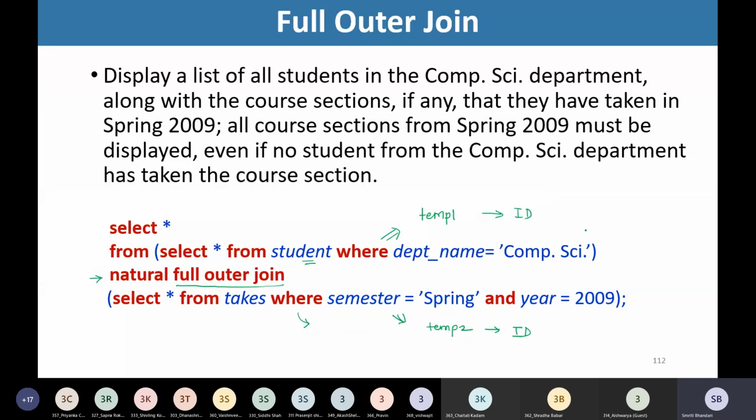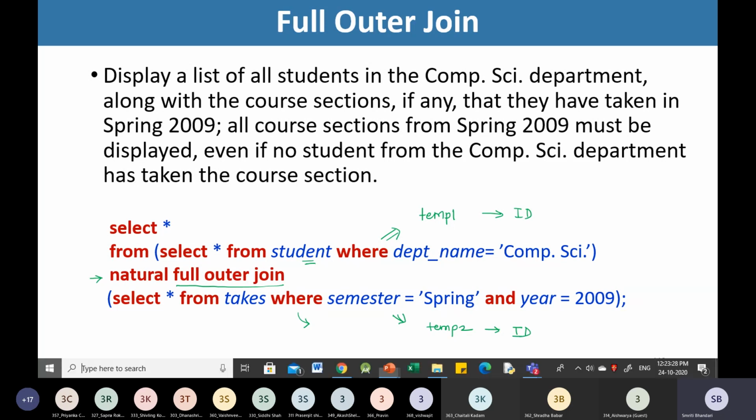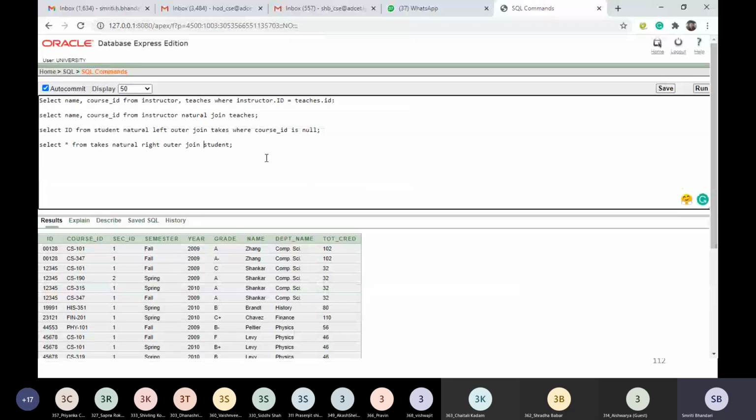So in full outer join, what happens is the tuples from left or right relations for which there is no match in the other relation, these tuples will also be included in our output. And let us see this with the practical demonstration.